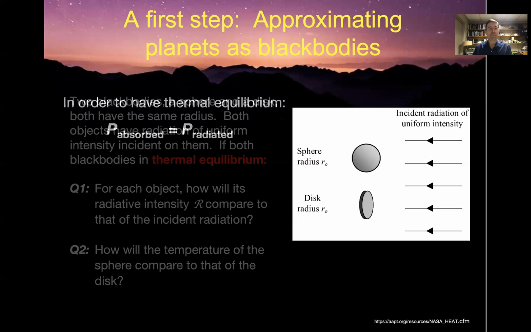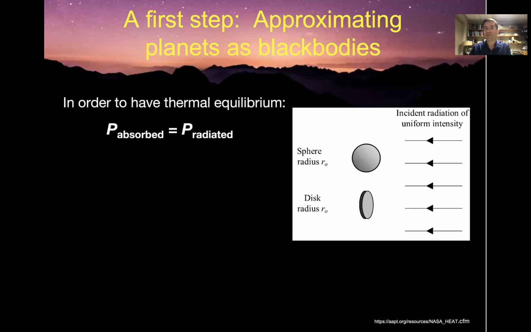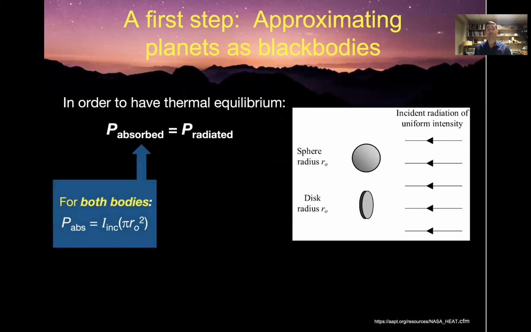So to begin puzzling this out, first, knowing that they are in equilibrium means they must be absorbing and re-emitting, or radiating, energy at the same rate. And since these are objects that are presenting the same cross-sectional area to this incoming beam, each has a cross-sectional area of pi r squared, they must be absorbing energy and also radiating energy at the same rates as one